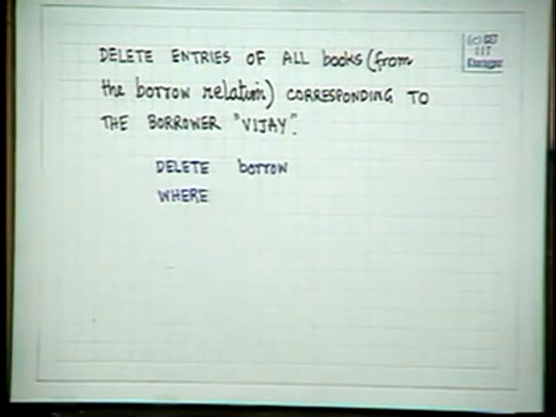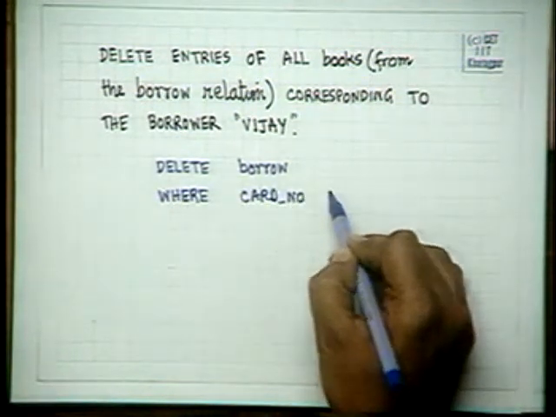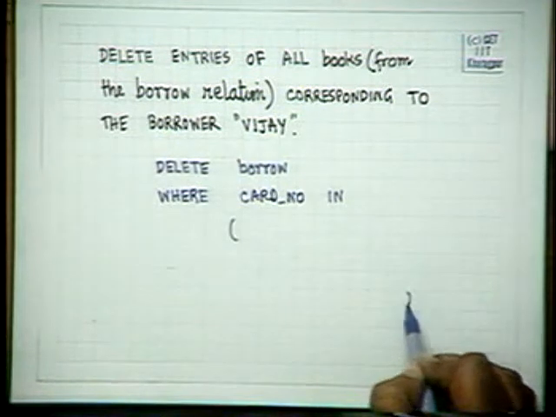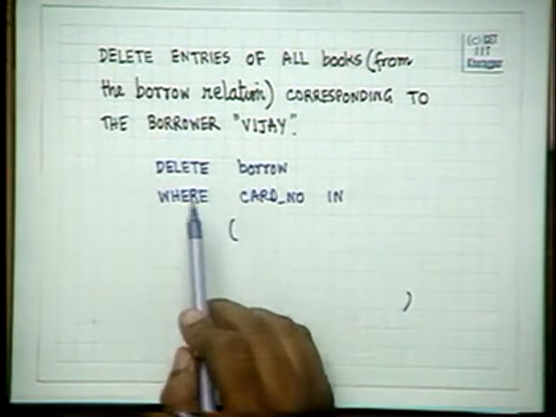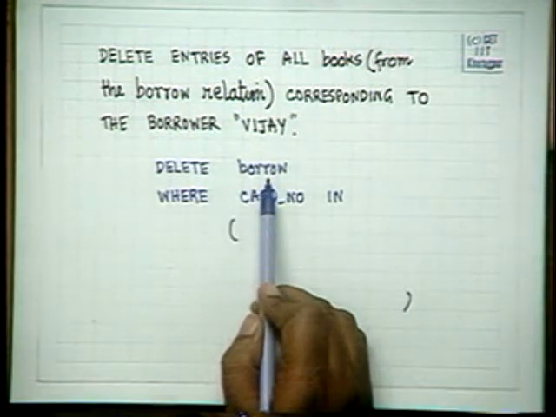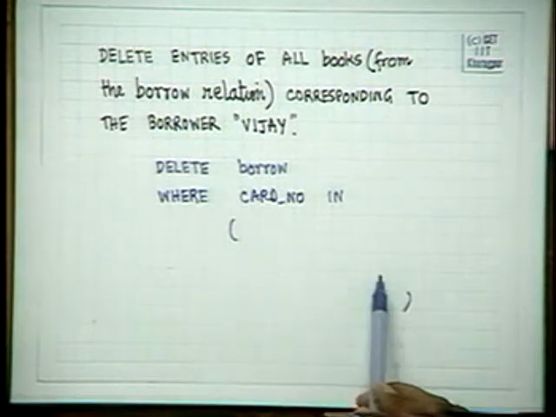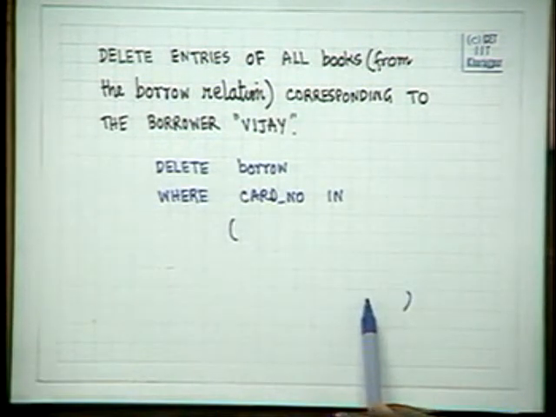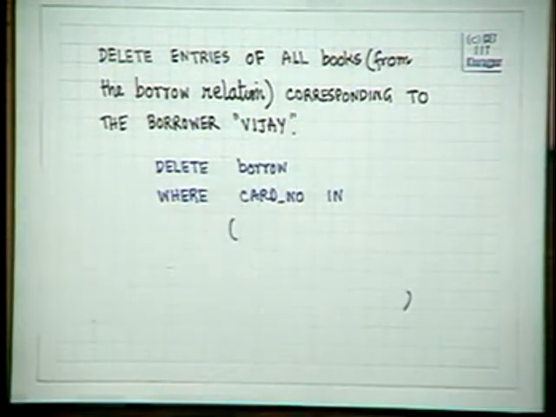That is the difficulty. We will use the SQL style of set operation. Delete in the relation borrow where the card number is in where. Now here you can give an SQL statement. It will return a relation which is a pure SQL statement. Now we have to find out the card number of Vijay here. That's all.